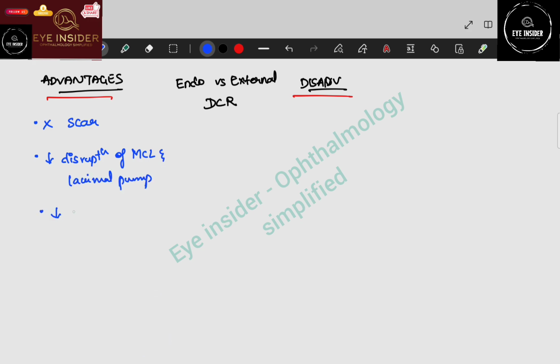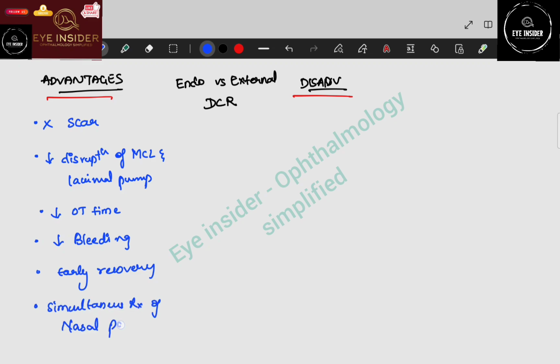So this is performed by ENT surgeons also. Okay, so these are the advantages, and the disadvantages are that it is a costly procedure and the learning curve is more,